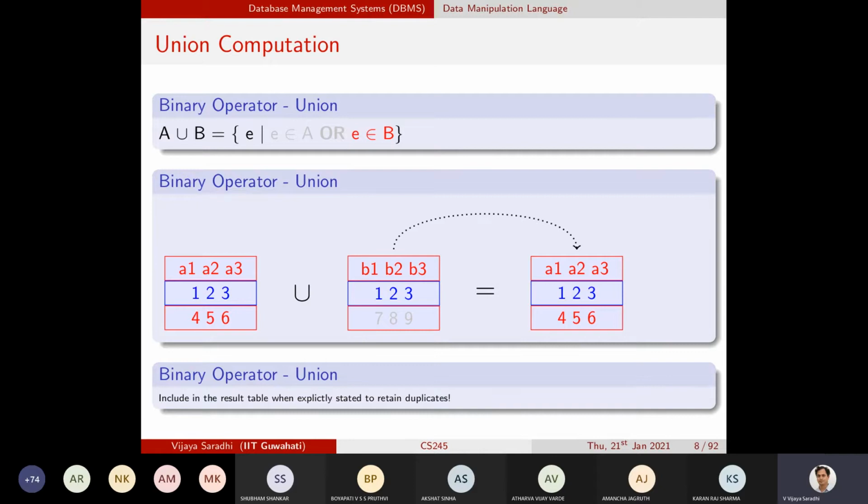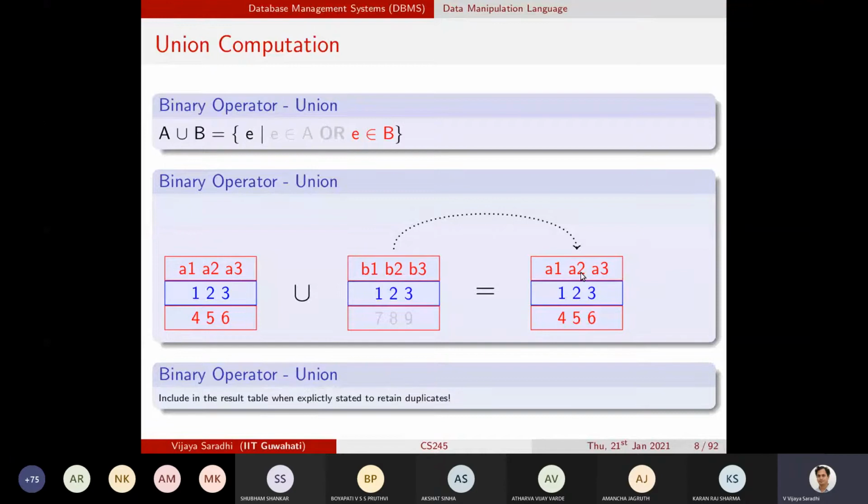And then try to include the rows of B1, the table B, into the result set with a condition that there should not be any duplicates. So since 1, 2, 3 is a row that completely exists, when I'm looking at a row, I will take in totality all the three columns B1, B2, B3, and check whether they are reflecting over here in A1, A2, A3, which means that B1 is equal to A1, B2 equal to A2, B3 equal to A3. That is the meaning of it.